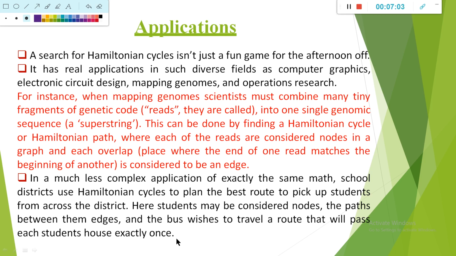Some other applications of Hamiltonian cycles also exist. I will tell you one of them, that is the traveling salesman problem. There we are going to find the path from source to source. From where he has started traveling, he can come back to the same place by visiting all the cities in a graph or in a map with a minimum cost. There we are finding a cycle, but the cycle should have a minimum weight or minimum cost. These are some examples we consider for the applications of Hamiltonian cycles.